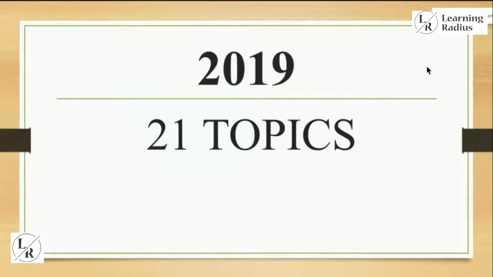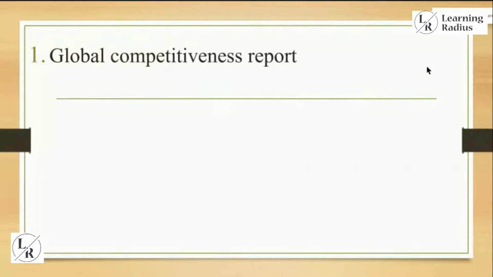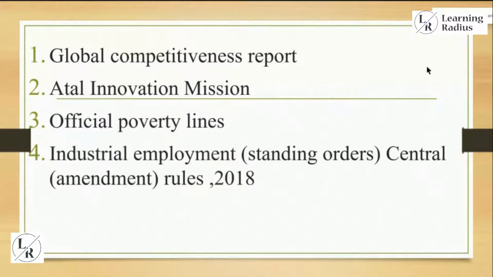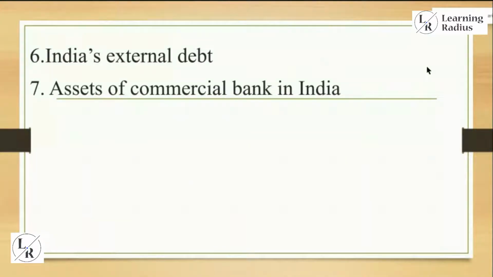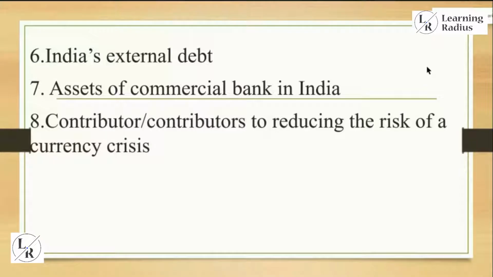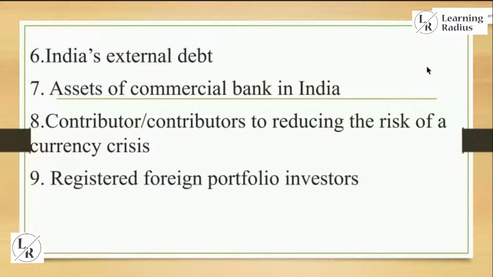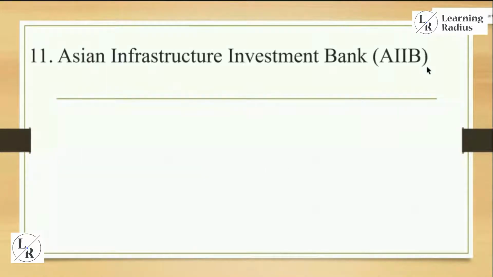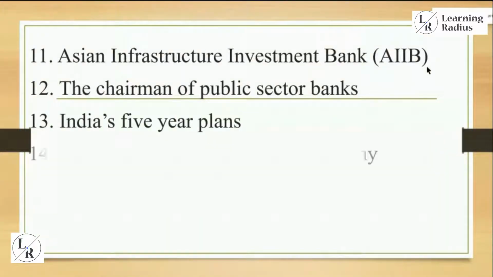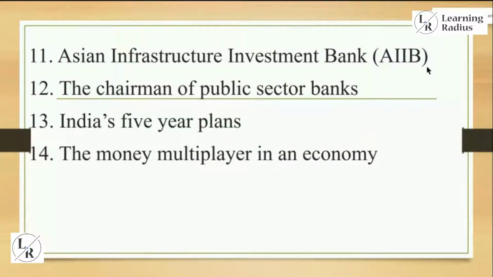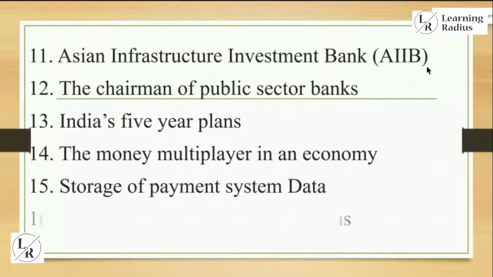And in 2019, there were 21 topics from which UPSC asked questions: Global Competitiveness Report, Atal Innovation Mission, official poverty lines, Industrial Employment Standing Orders Central Amendment Rules 2018, the service area approach, India's external debt, assets of commercial banks in India, contributors to reducing the risk of currency crisis, registered foreign portfolio investors, Inter-creditor Agreement, Asian Infrastructure Investment Bank, the chairman of public sector banks, India's five-year plans, the money multiplier in an economy, storage of payment system data, minimum support price